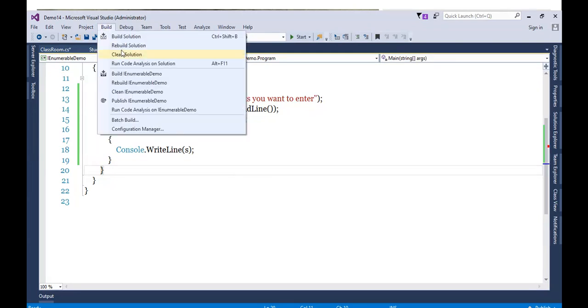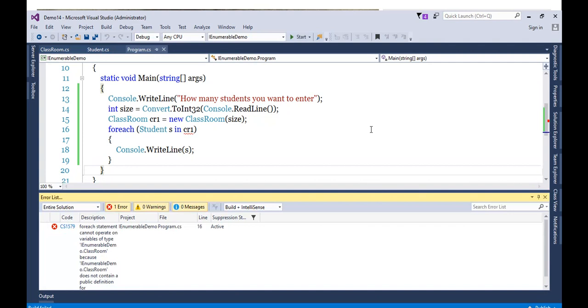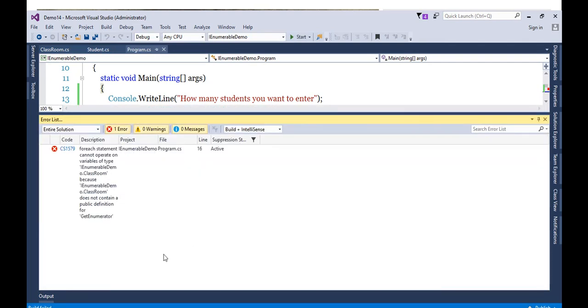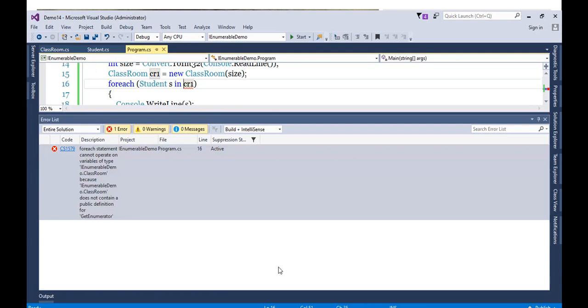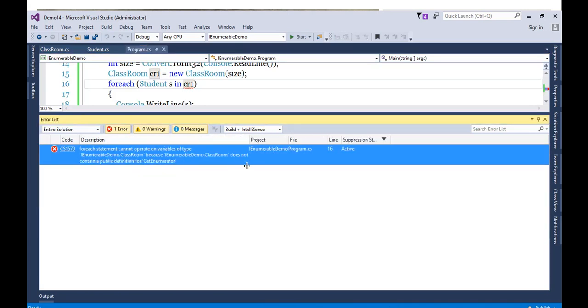Now if you build this, you will get an error. If you see this error carefully, what is it suggesting? The foreach statement cannot operate on variables of type Classroom, because Classroom does not contain a public definition of GetEnumerator. You can watch this out.